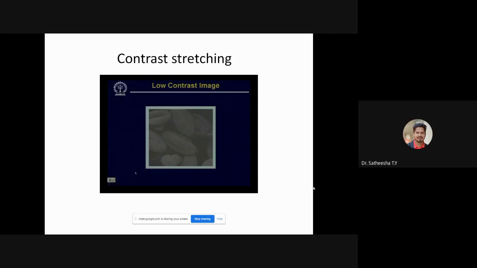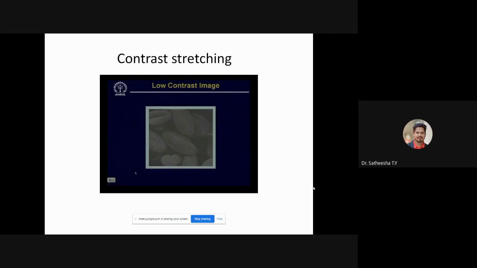So, why do we need such contrast stretching? You might have found that in many cases, the images that we get from an imaging device are very dark, and this may happen because of various reasons.